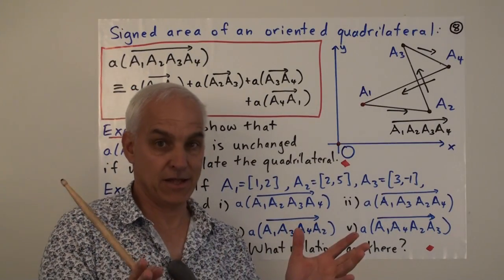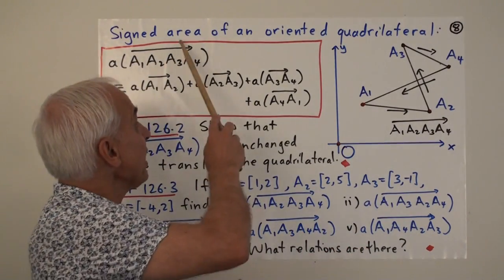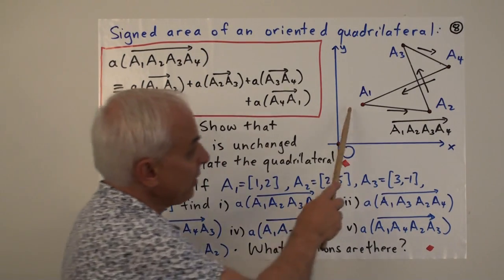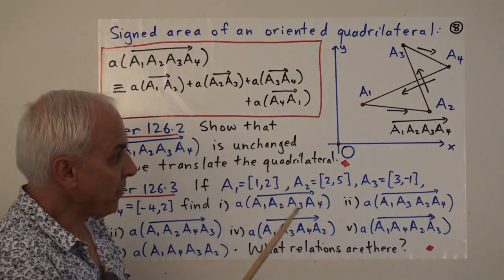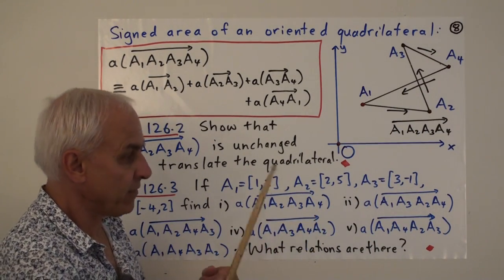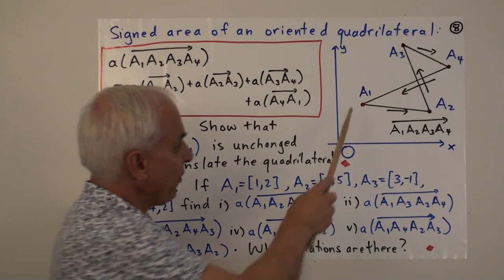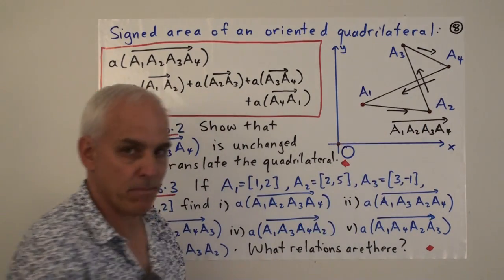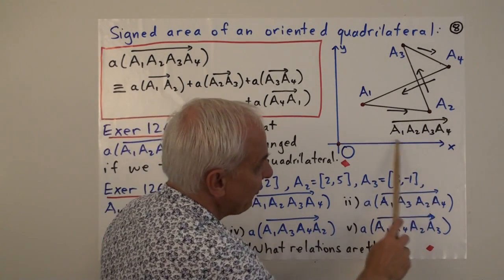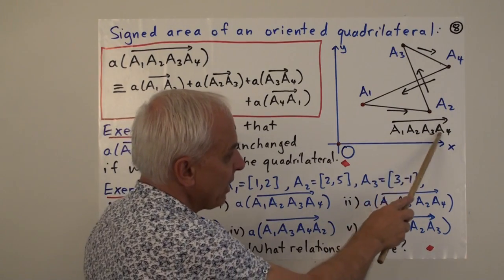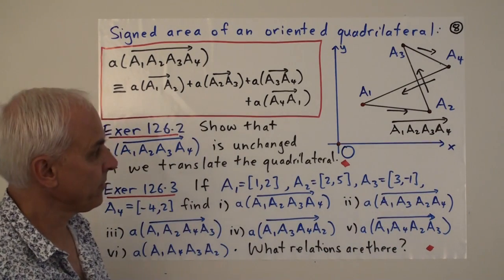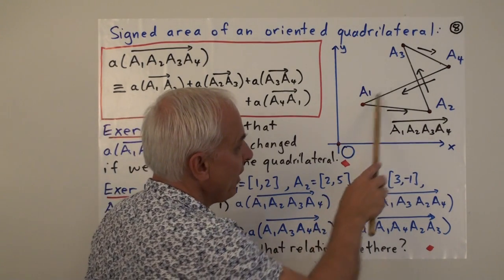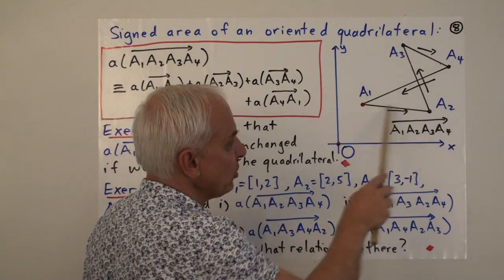Okay, so now let's extend that discussion to the idea of the signed area of an oriented quadrilateral. We're thinking about a quadrilateral in the plane, 4 points, with a particular orientation of cycling through those 4 points. So A1 followed by A2, followed by A3, followed by A4, and then going back to A1. That's represented by this notation, A1, A2, A3, A4, with an arrow in that direction. If we went the opposite orientation, we would reverse all these arrows, so it would be A1, A4, A3, A2, and back to A1, and so on.